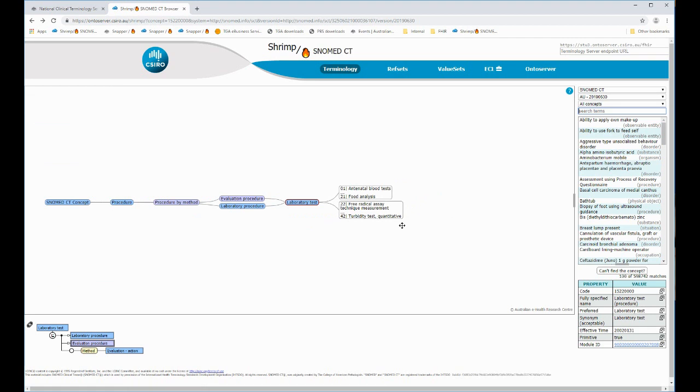Now you may be curious about the colors and what they mean, so I'll talk about that when I talk about the modeling view next. So the modeling view gives you a visual representation of the defining ISA and attribute relationships that give the concept its meaning. These follow a SNOMED CT diagramming guideline convention, and I'll go through the basic information most people would